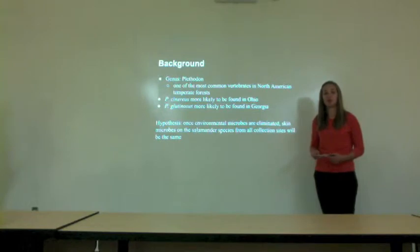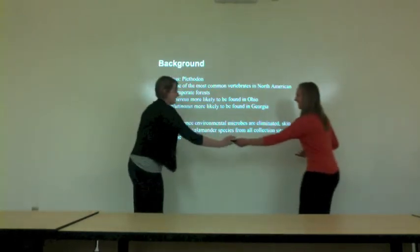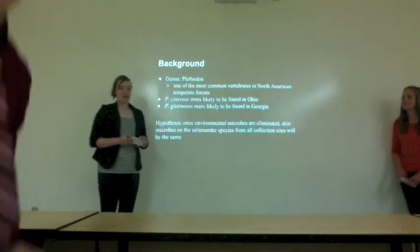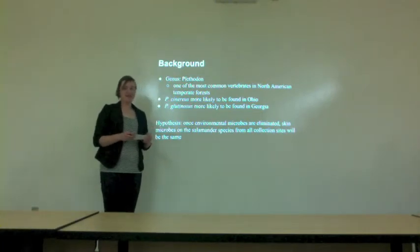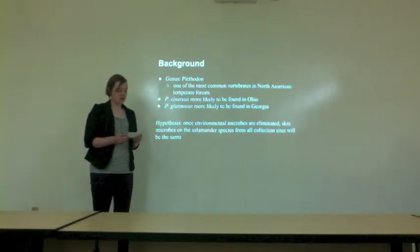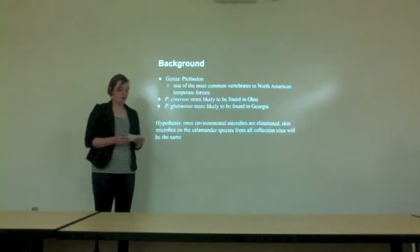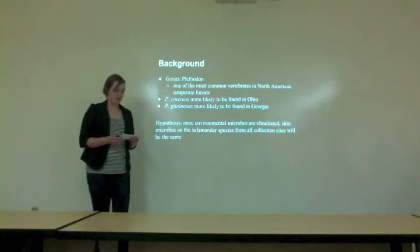To tell you a little bit more about these salamanders, we have Morgan Capistrain. Take it away. So we chose specifically two different salamander species to look at. These both come from the same genus, which is Plethodon. The reason that this genus was chosen is because Plethodon salamanders are some of the most common vertebrates in North American temperate forests. This will make them an easy sample to collect and will give us a lot of different